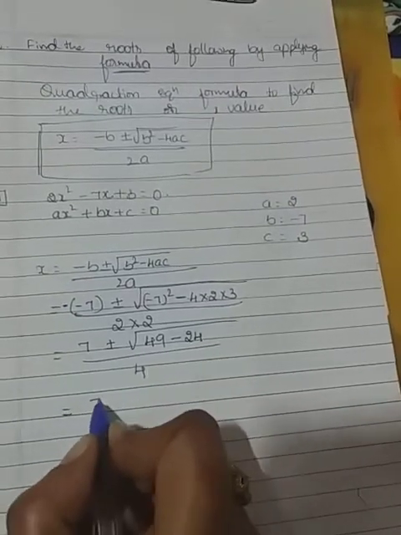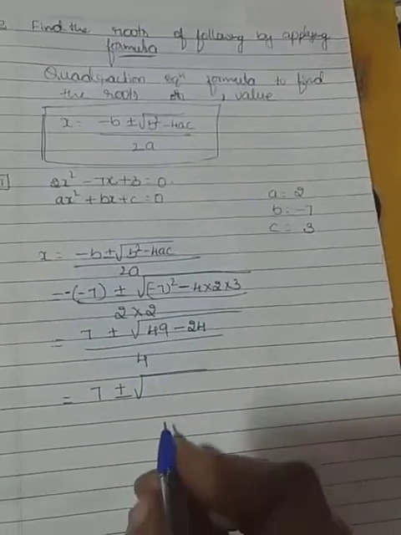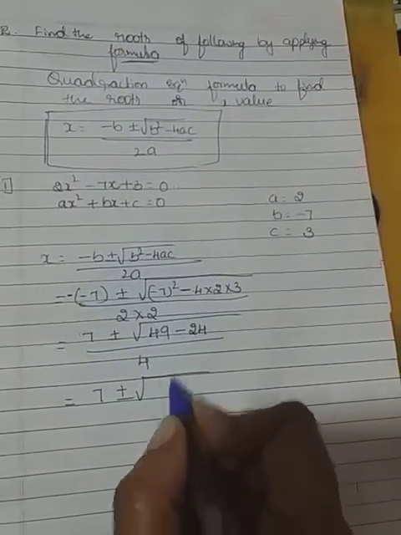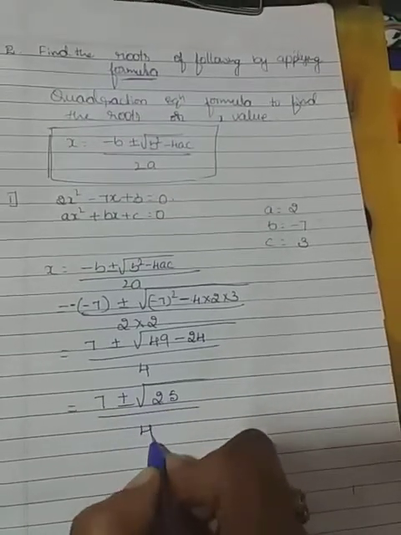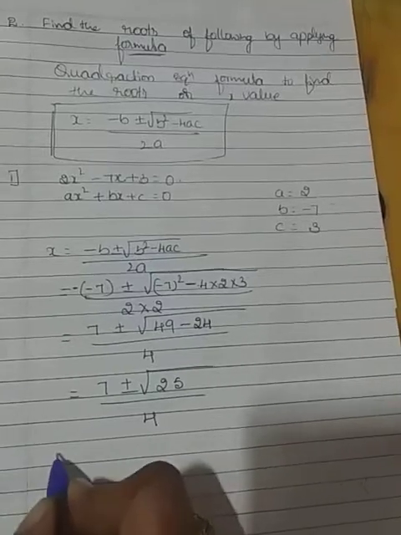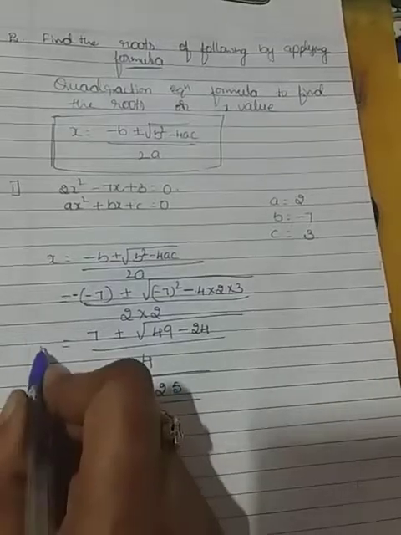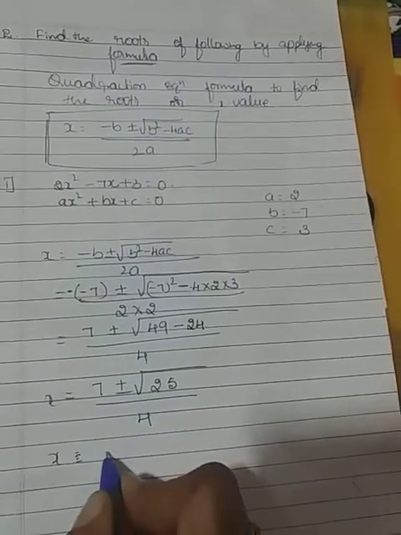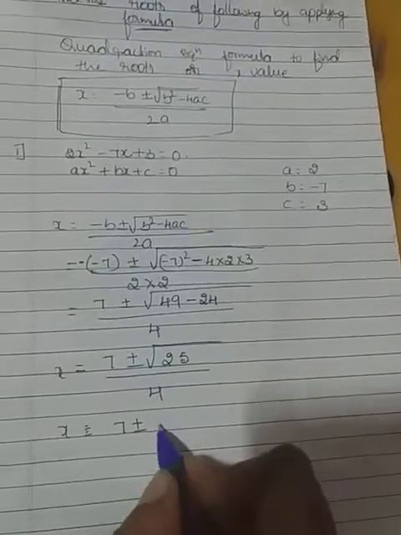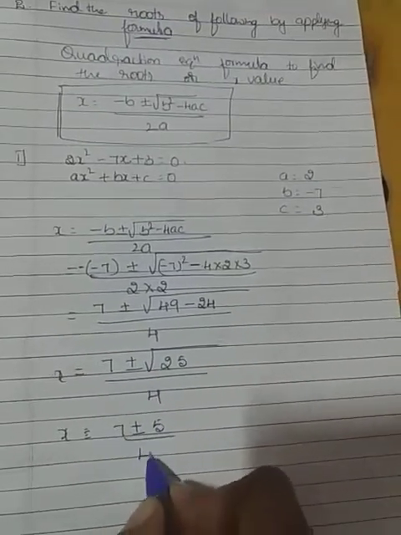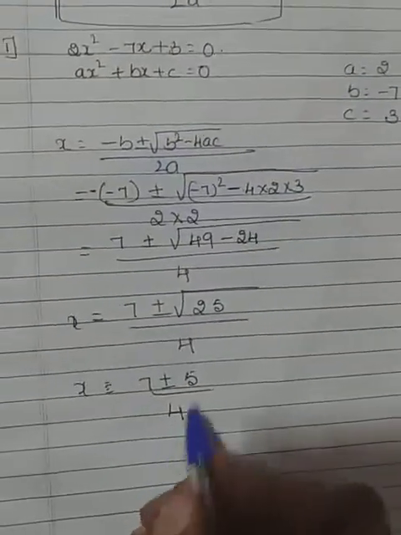So that equals 7 plus or minus square root of 49 minus 24, we got here, that is 25, divided by 4. Okay, so then x equals, what happens here? Here always the x, you can mention it or not, there will be the x. So it will become 7 plus or minus the square root of 25, we know that is 5, divided by 4. So the next step is we can take two values here.